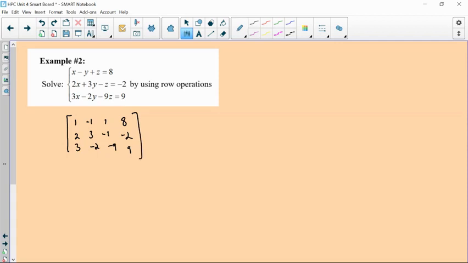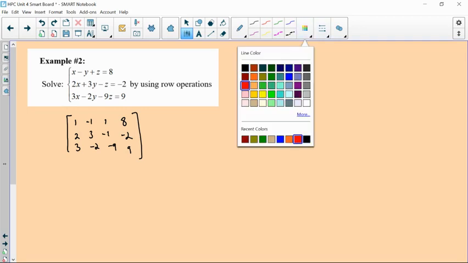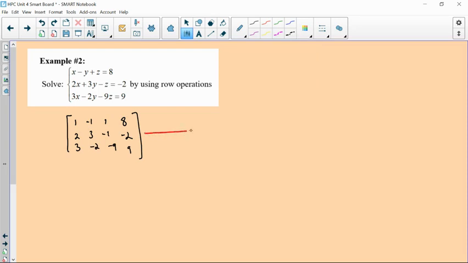And I'll be the first to admit that this is not the most efficient way to solve, right? But what we're looking at is just a method to solve. It's a way to practice using matrices. And probably more importantly, it's a way that we can understand the programs that our calculators use to solve this very efficiently, to say the least. So I get it, it's a little bit tedious, and I won't always have to do it this way, but it's part of learning about matrices and how they can be used in